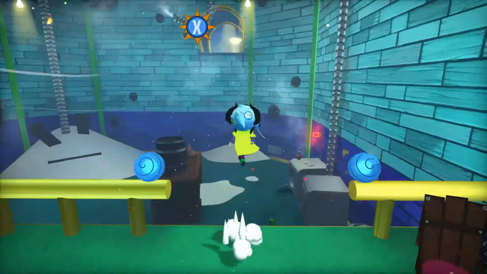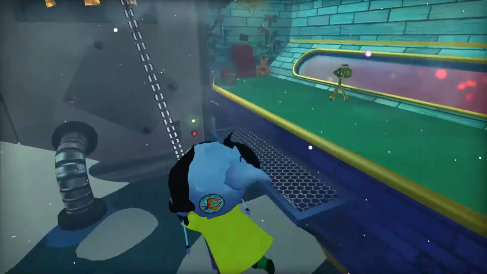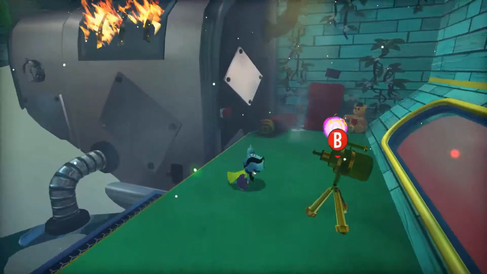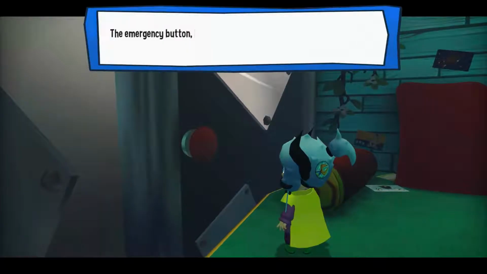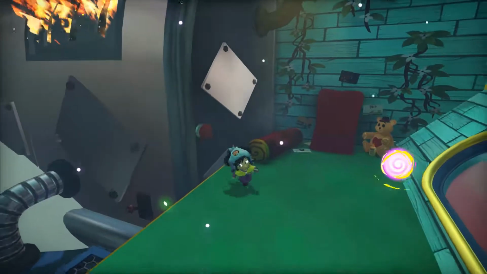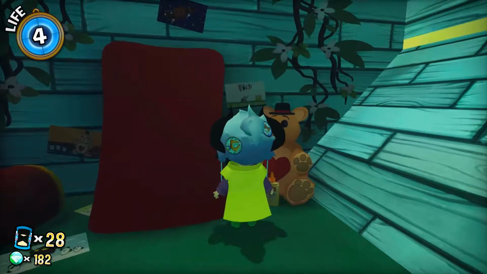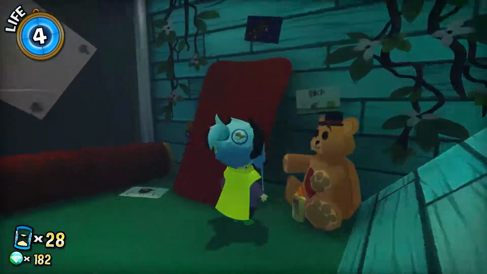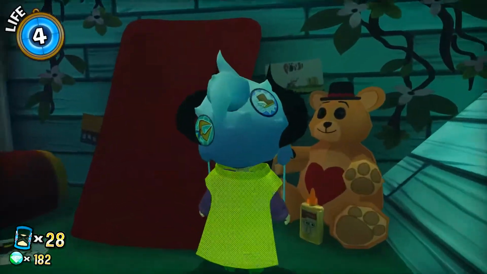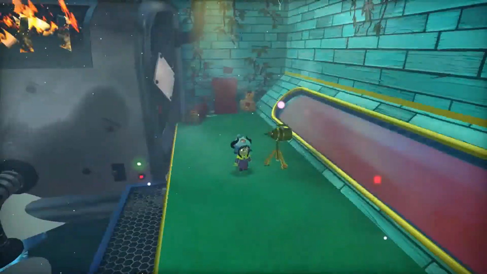But anyway, so just go ahead and cling right there. Oh, and that's on fire. Great. Oh, great. What's this? Emergency button, perfectly designed for moments when you need a button to push but can't find one anywhere else. Oh, there's a little teddy bear here and some pictures. Is that glue? Gloop. Oh, wow. Okay. So we're going to go ahead and start our next...